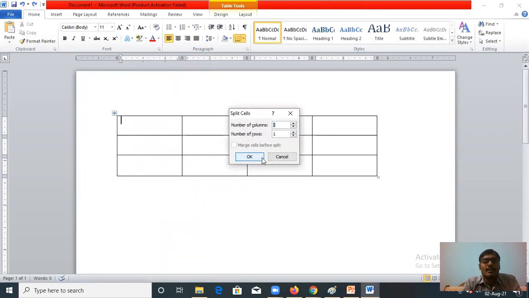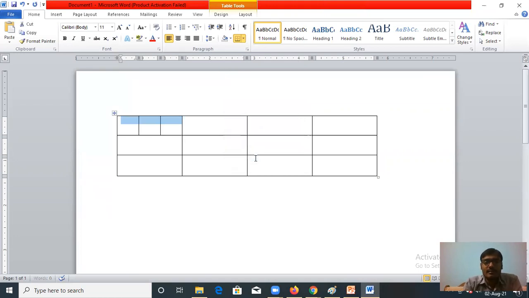Now how many rows and how many columns do you want to split it into? I want to create 3 columns inside that cell. Rows will be 1 and columns will be 3. Now click on OK. You can see 3 columns have been created. So this cell is split into 3 parts.